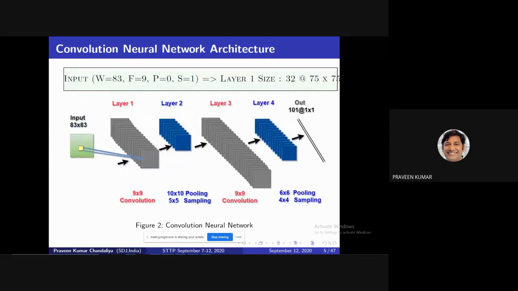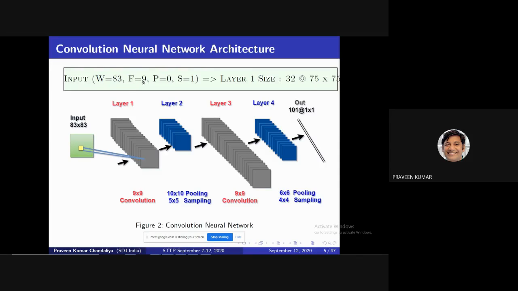So we have one simple question. If you're familiar with this concept, you will never face difficulty designing deep learning based models. If you're not familiar, then you will never be able to design deep learning based models. So my first main focus is on how we can become familiar with this, then we go on to how to design the models. Suppose W is 83, the width of your input image.